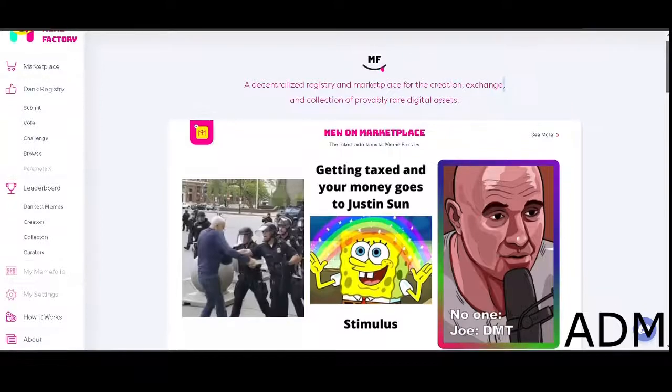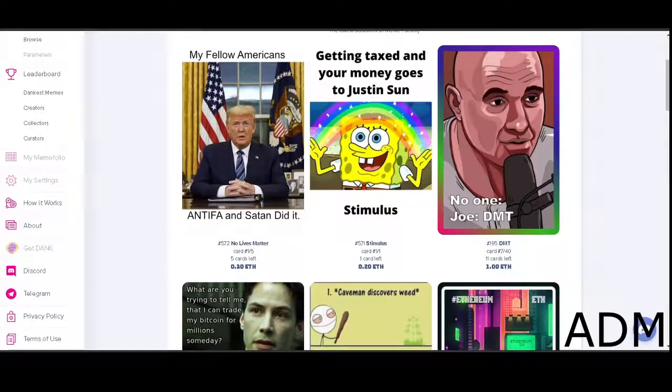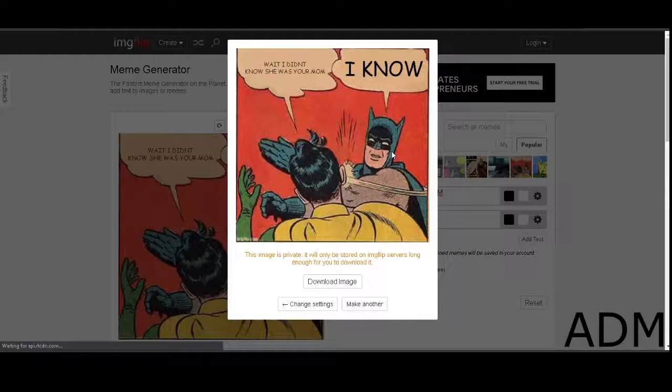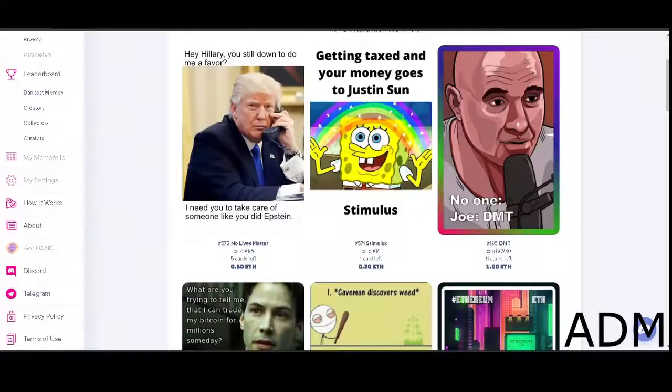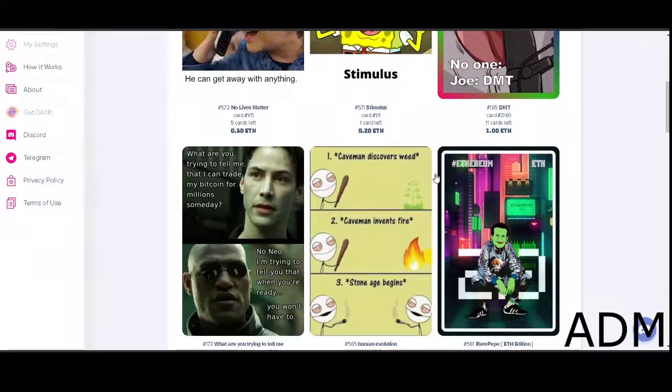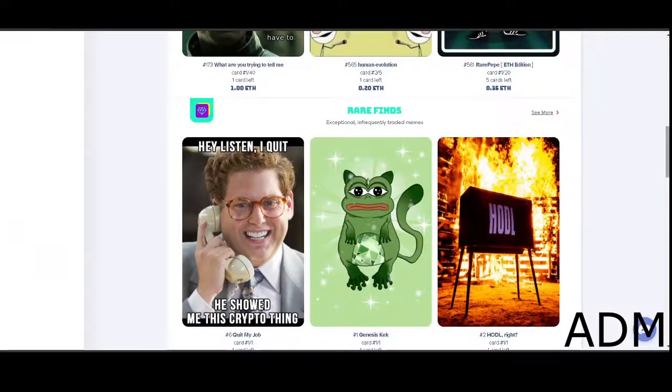So what you want to do is create your meme, make sure it's catchy, make sure it's reasonable, it looks good, it's funny. The best memes are the ones that are funny, because a lot of people love memes because they're always funny, and when you send one to someone, they're always happy to see it because they can just laugh, and it's just great, and you can make money from them. So you'll just come over here and publish it and make money.